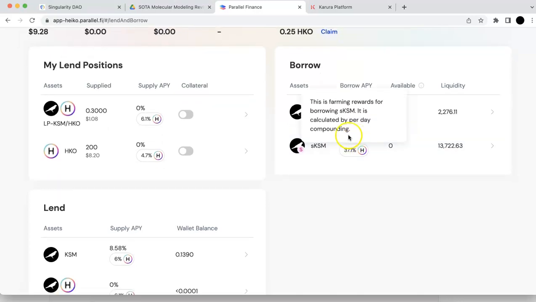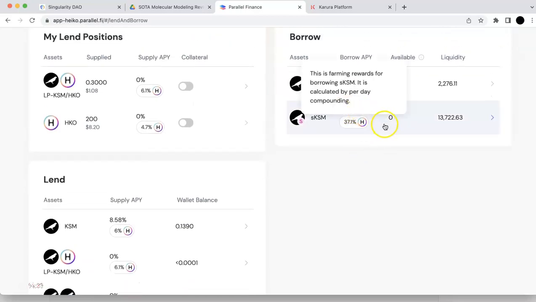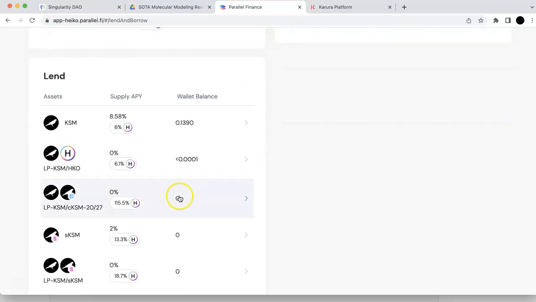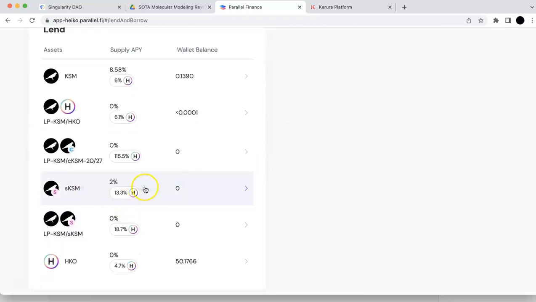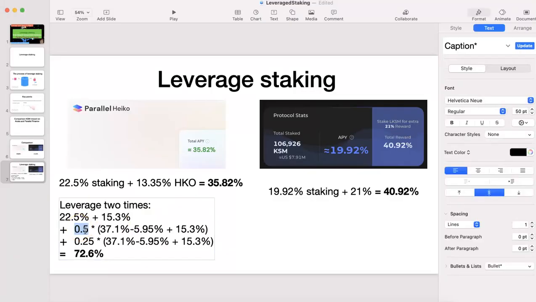So if you have to pay more interest, then you should not borrow. But now if you borrow that, you are actually going to earn some interest. And not to mention, when you borrow that, you are going to earn an additional one if you lend the borrowed one again. So that's why the number here, I can have half of my fund because there's a 50% limit. So I get 50% of them, and then I get this interest, right? This one, I think I'm very conservative. It's actually more than that,